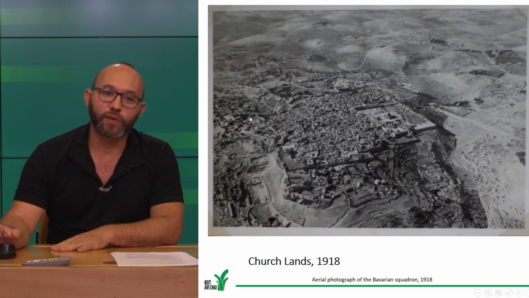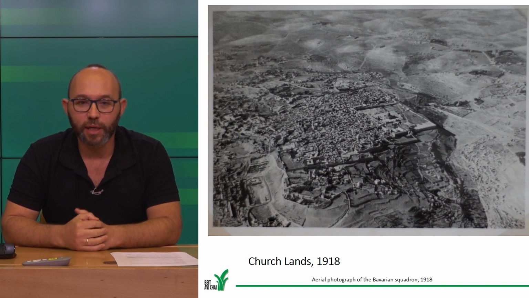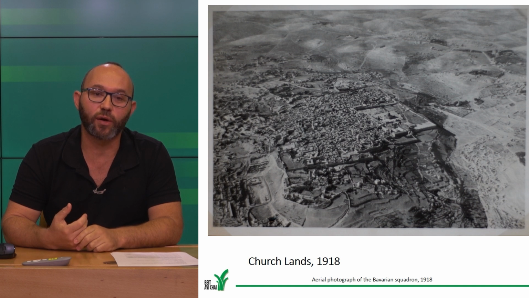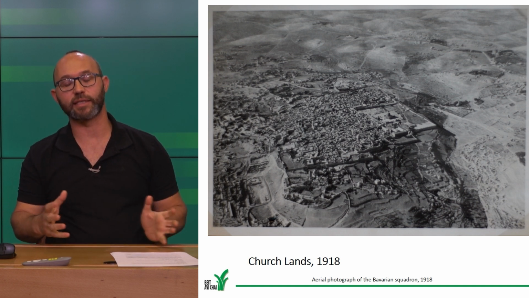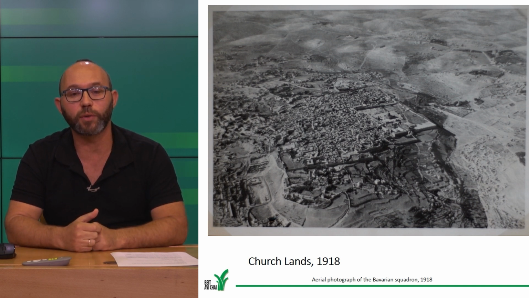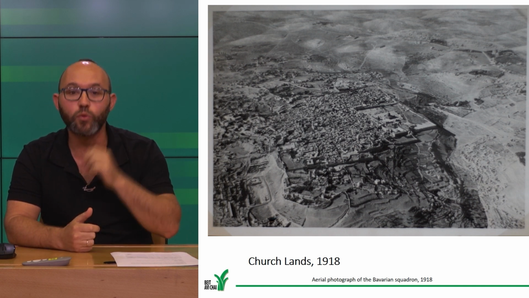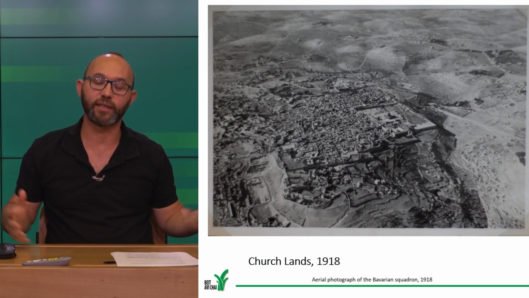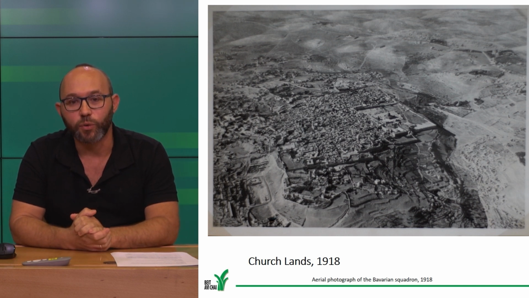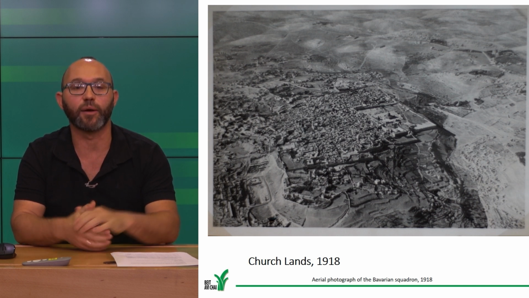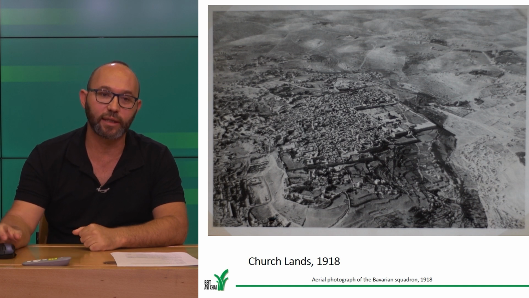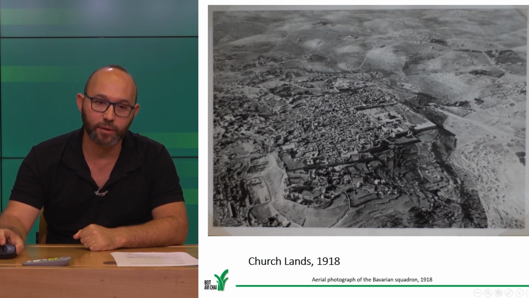A very important development in the landscape of Jerusalem is the acquisition of lands by the Christian Orthodox Greek Church. From the middle of the 19th century, once the Ottoman reforms allowed non-Muslim residents to purchase land in the empire and also in Palestine, we see that this church is buying a lot of lands around the Old City, especially to the west side of the city. This is a